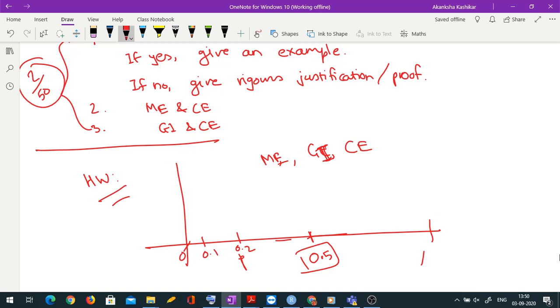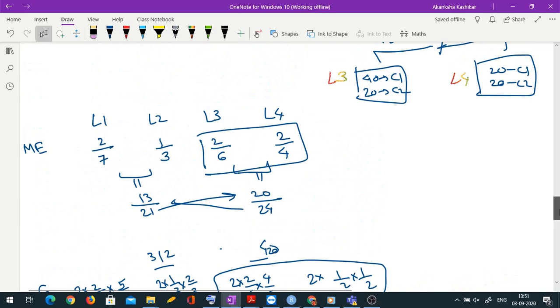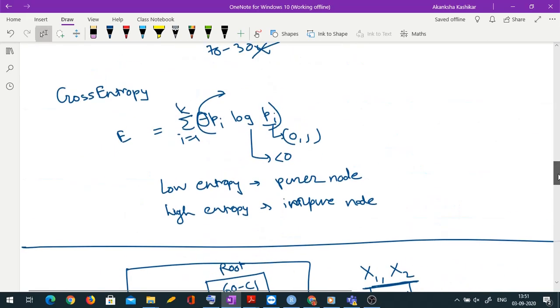This is not difficult. You have to just, in the binary setup, so only two classes, take P1 as this and then construct P2 as 1 minus it. Okay, so this is another homework. Try to draw a graph. You can do it manually or using R, whichever is more convenient for you. So these are three types of errors which can be used in the classification setup to choose the optimal node. In the regression setup, we generally use squared error, or sometimes you can use absolute error to choose the optimal node, but mostly squared error is preferred.